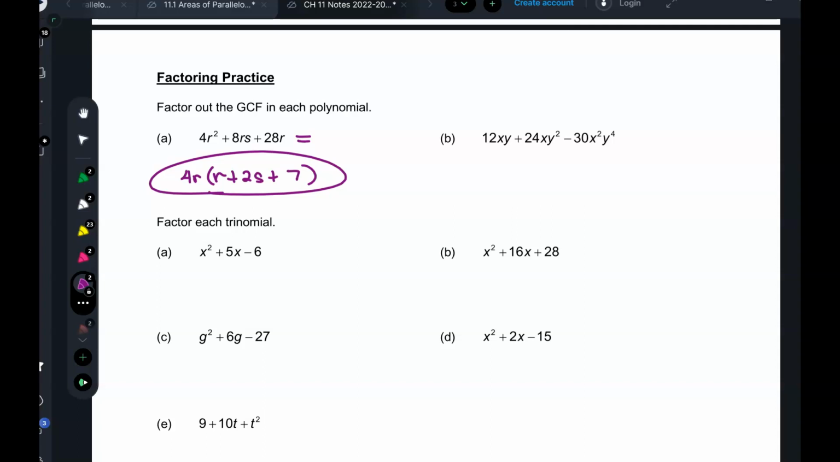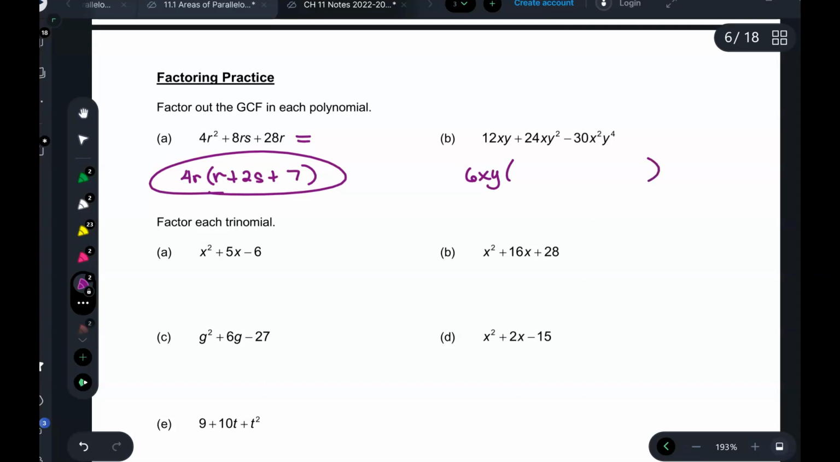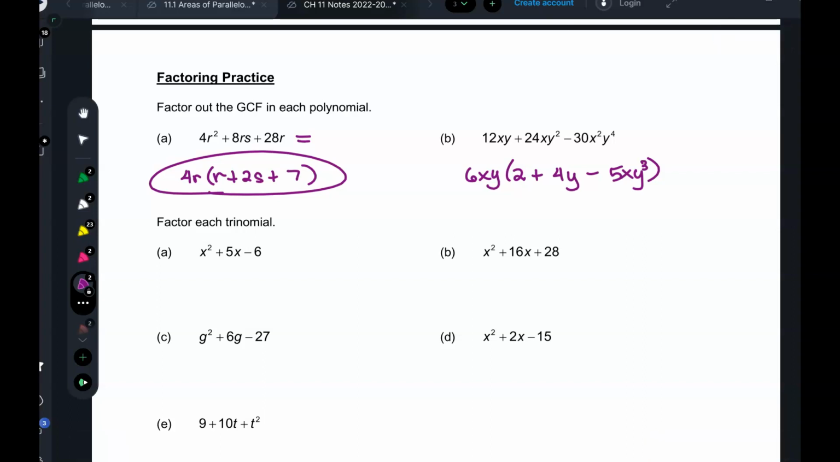I believe your Algebra 1 classmates were just taking their test on factoring before the break. Factoring was like the worst thing, I hated it. What can I take out? 12xy, and I'm left with 2 plus 4y, no, 5xy, xy squared, cubed. We remember this stuff. All good. Okay, factoring